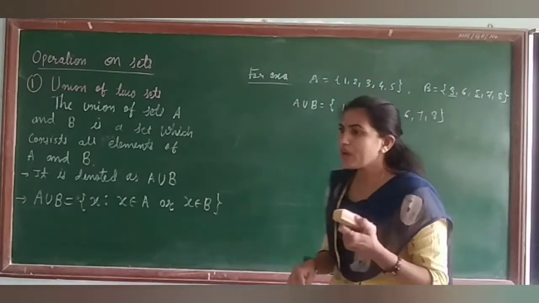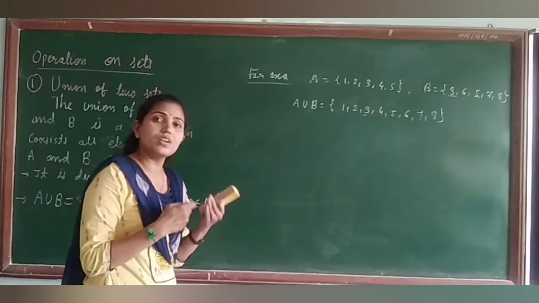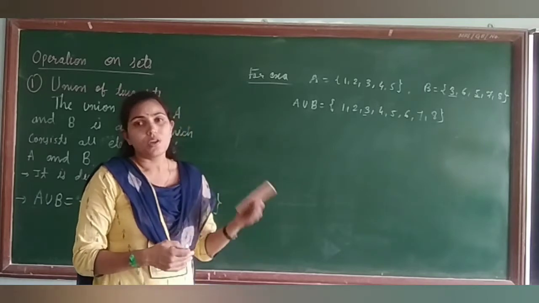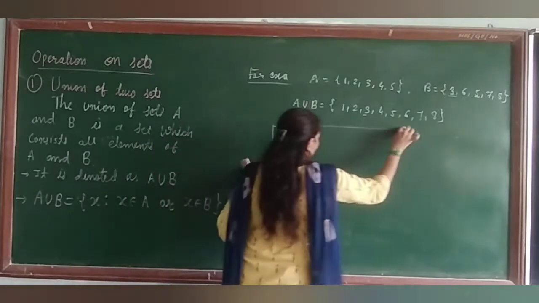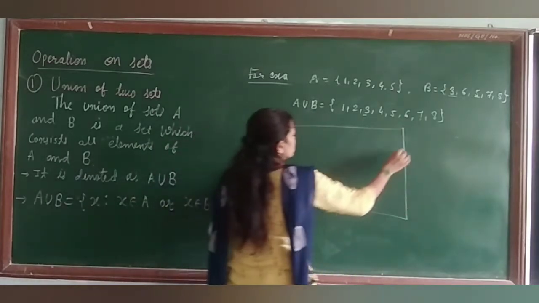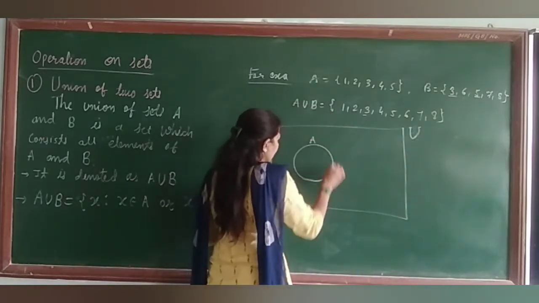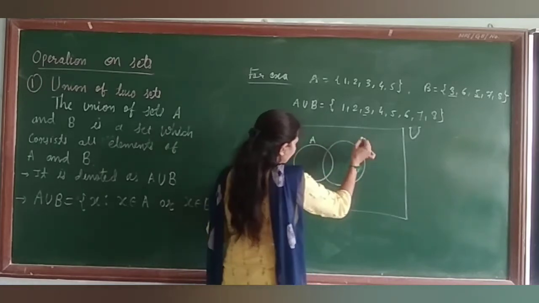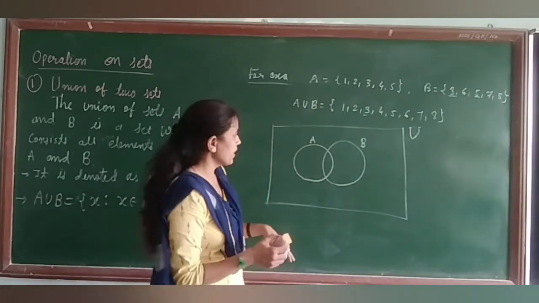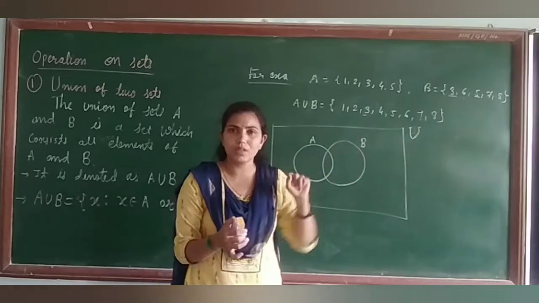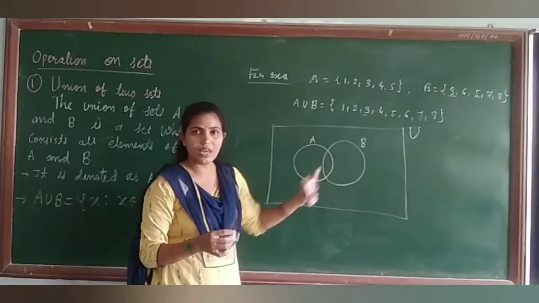Now just now we have seen the Venn diagram of two sets. I told you that a Venn diagram is generally used to represent the operation on the sets or the relation between the sets. So if I want to represent the union in Venn diagram form, this is the universal set U. This is your set A. This is your set B. Why am I using this type of diagram? Because A and B have some common elements. If they did not, we would show them as separate circles, one here and one here. So this is we have A, B and U.